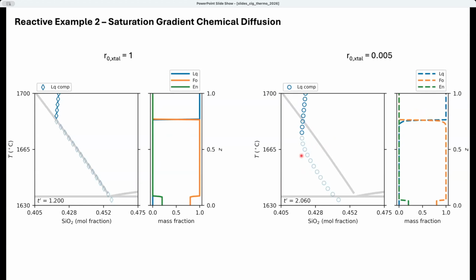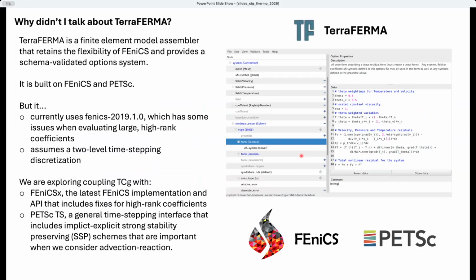So I wanted to just end by saying why I didn't talk about Terra Firma. So this talk was originally slated or titled Terra Firma plus ENKI. And for those of you who don't know, Terra Firma is a finite element model assembler. It's built on FEniCS and the numerical linear algebra library PETSc. And so it retains the flexibility that I was talking about earlier, but it provides a schema-validated option system on top of that. But the reason I'm not using it here or demonstrating it here is it currently uses FEniCS 2019,